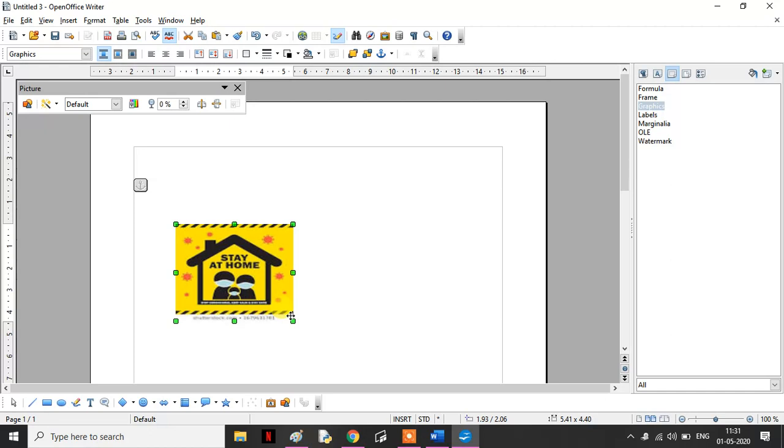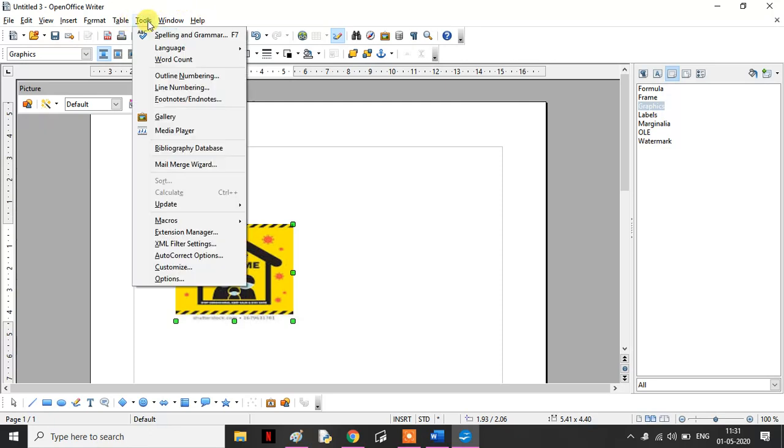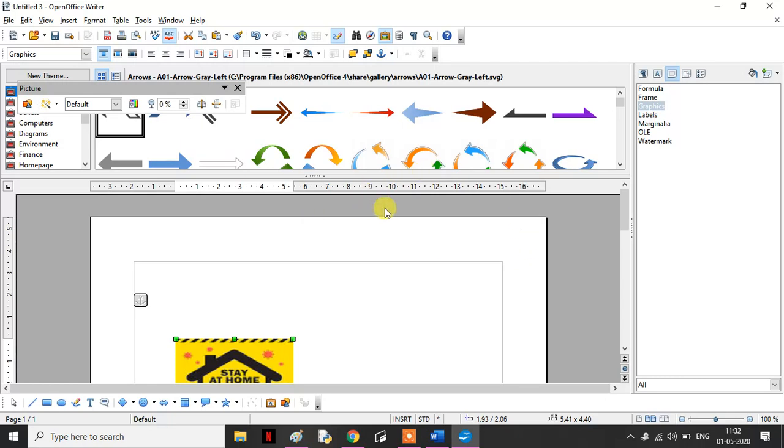Now, like we have the clip art gallery in MS Word, similarly here also there is a gallery in Writer. From that also we can select images. For adding that, you have to go to Tools, and here there is an option called Gallery. Just click on this, and this is the gallery which is opened.